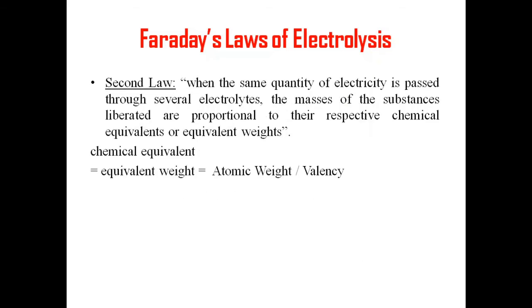So from the first law, it is clear that the quantity of a substance liberated during electrolysis is proportional to the quantity of electricity flowing. Now, if we have different electrolytes, say 5 different electrolytes, and in those I provide the same quantity of electricity, if the same current is flowing in all the different electrolytes, then will we get a mass which is proportional to the current, or will we get a quantity which is proportional to the electrolyte?